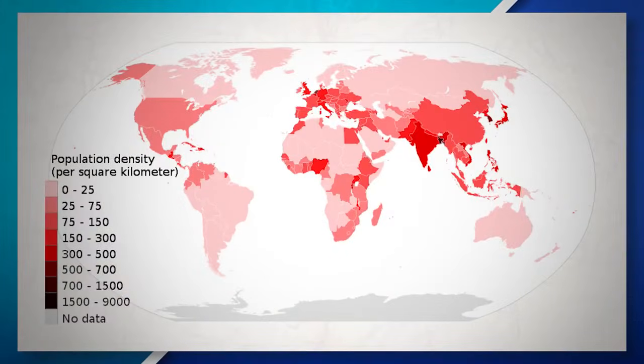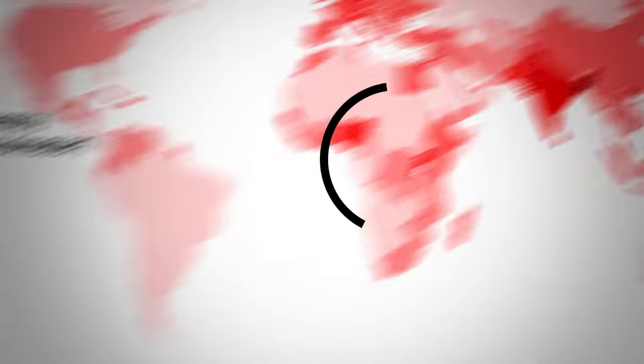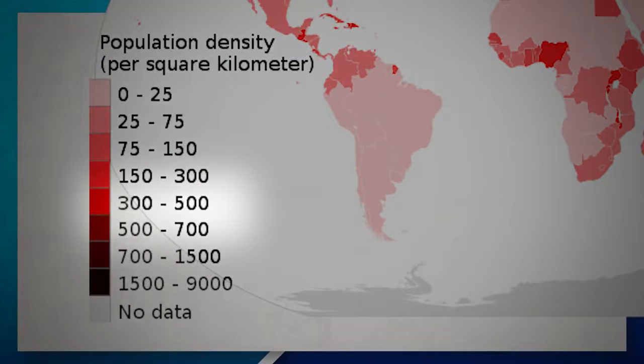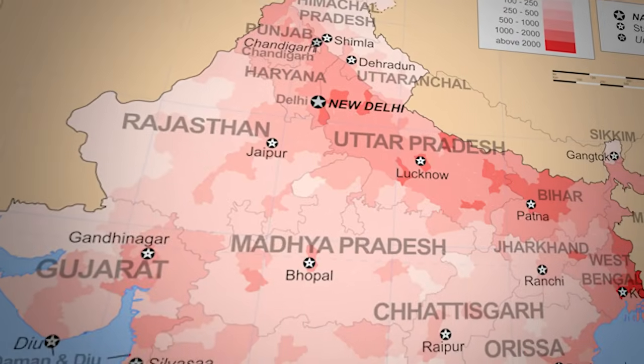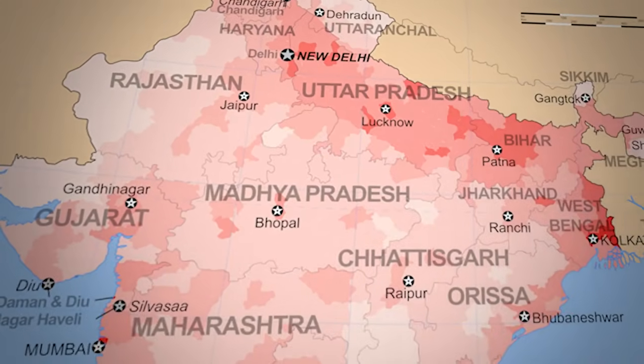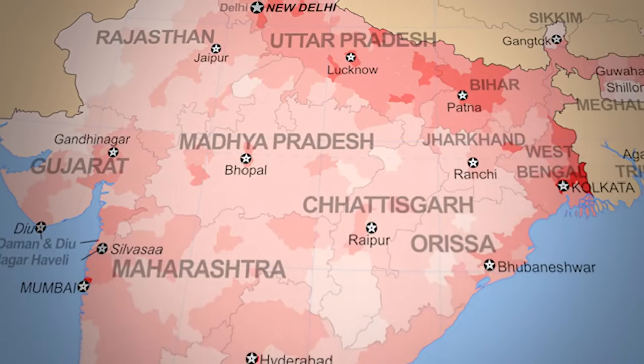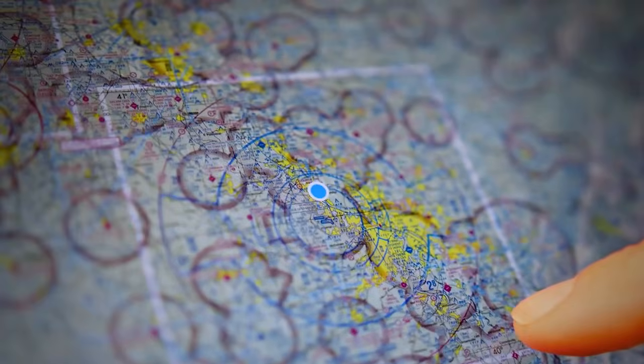For example, when looking at this small-scale map of population density, we can see that India has 300 to 500 people per square kilometer. However, if we change our scale and we zoom in, we can see that India's population density varies depending on what part of the state you are looking at. So we can see that while choropleth maps are very visual, they can also sometimes simplify information too much, which could give us a distorted perspective. All of which can be due to the scale of the map or simply due to the shading of the